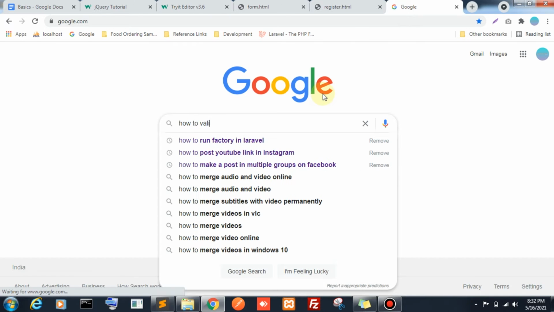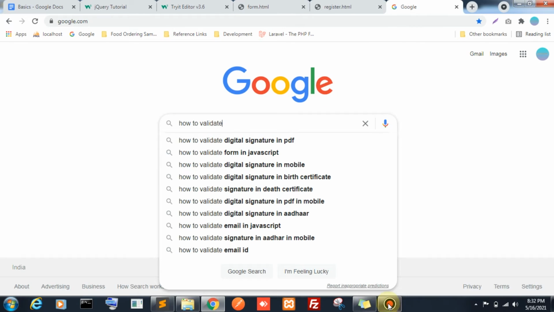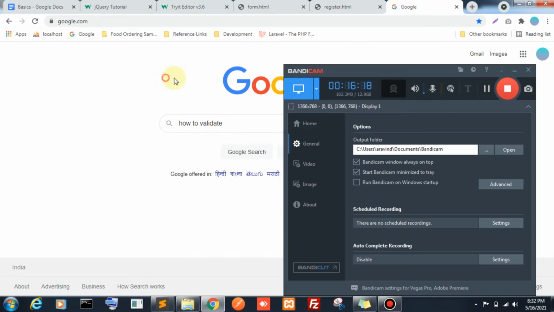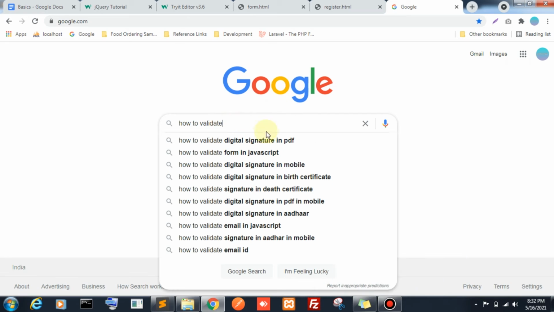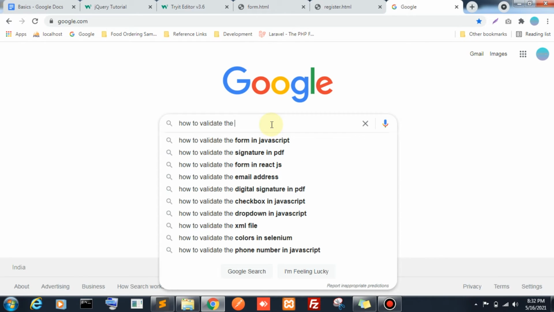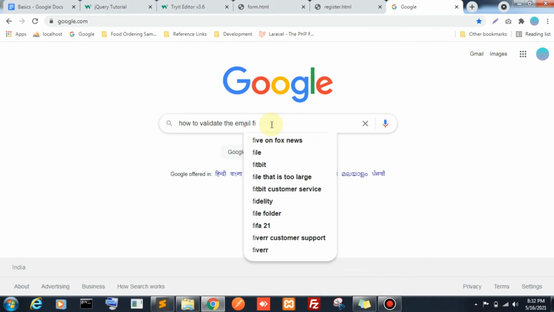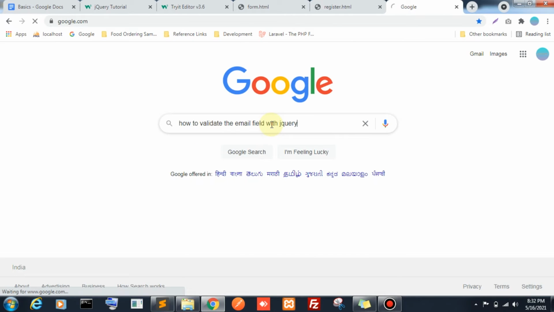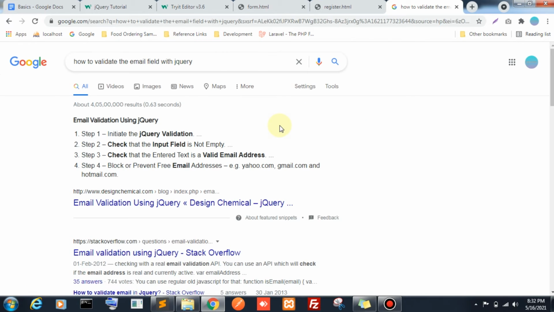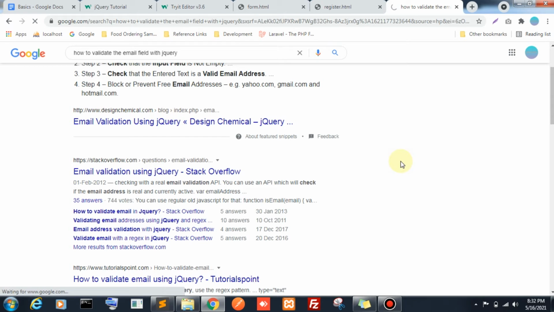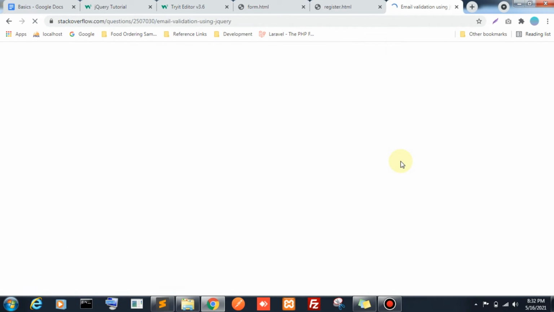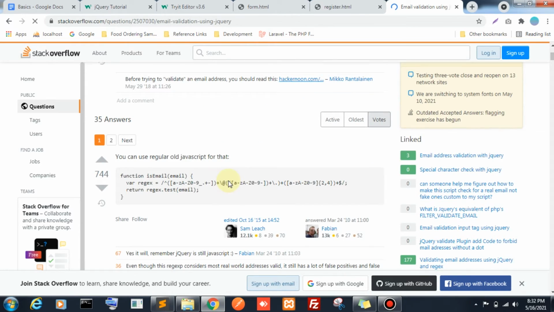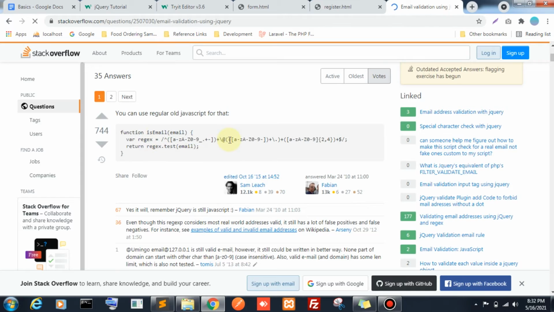So we search in Google: how to validate the email field with jQuery. I'm not spoon feeding you, but I'm telling you how to search for the source of what we need. See, here they use regex functionalities.